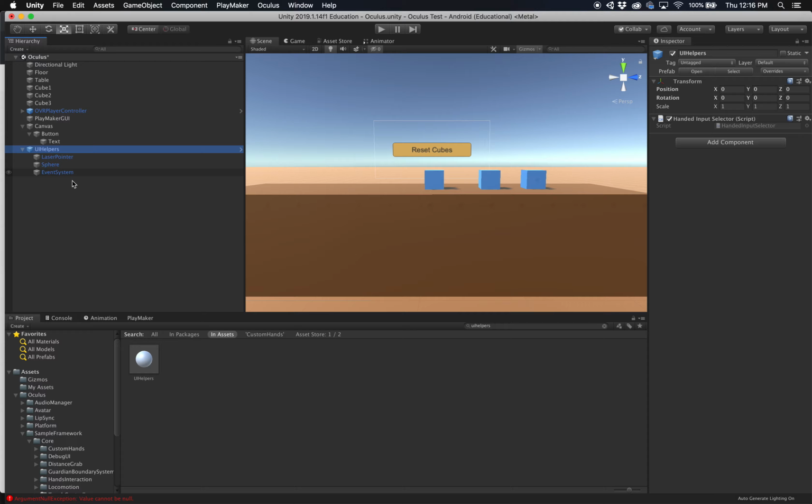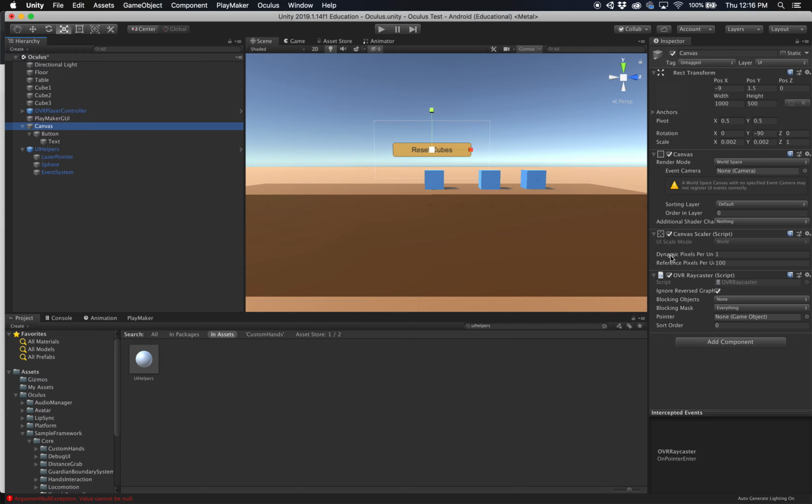Okay, so what we want to do is go back to the canvas here, and you see it says what's the pointer for our OVR Raycaster. We want this laser pointer right here, and just grab it into there. And now we're pretty much done. We can go ahead and run this, and we'd have a Raycaster, we'd have a laser. Of course, it's not making the buttons go, but let's set up the